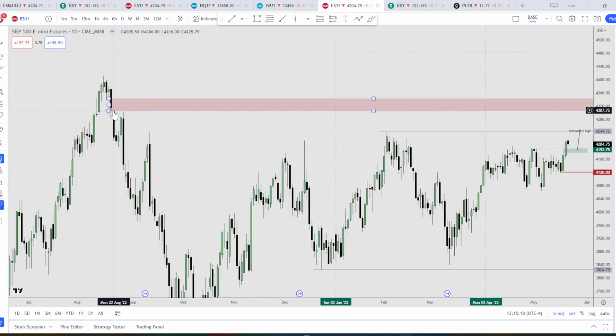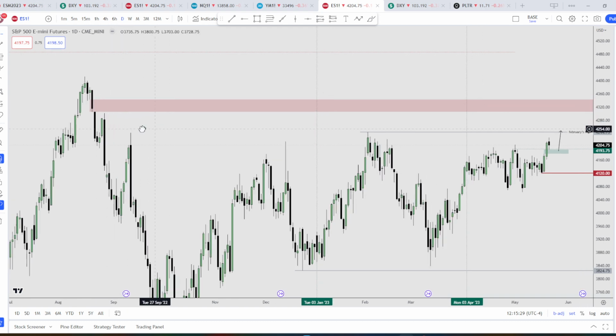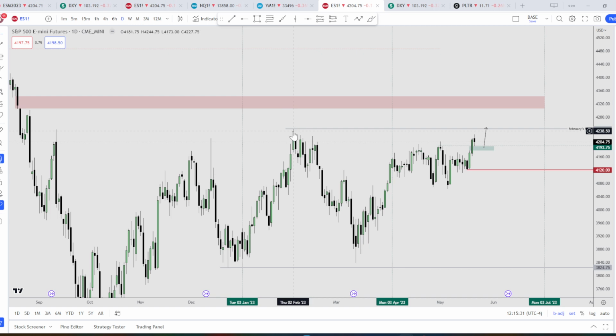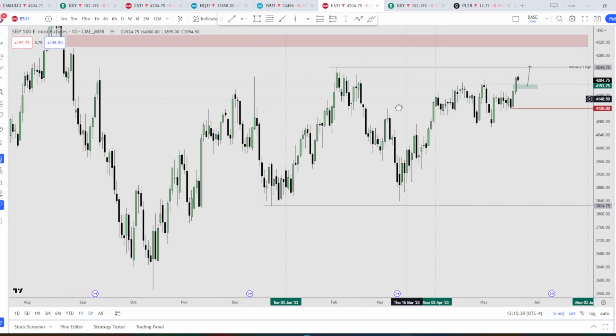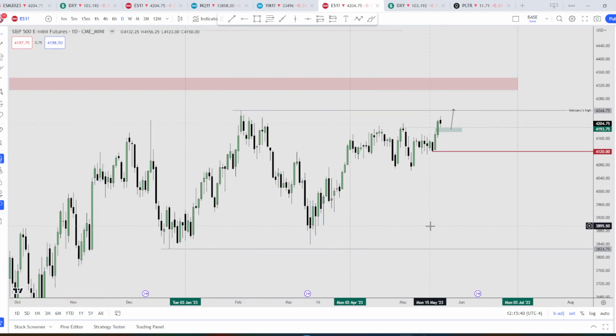Okay, if we were to be more accurate, we could use the continuous contract. So right above here we have a volume imbalance. Within the vicinity we have a swing high right here as well. So I'll be looking at this area for targets, okay, above the swing highs. Okay, so let me just take a look. Right,